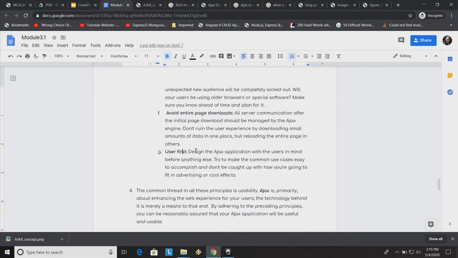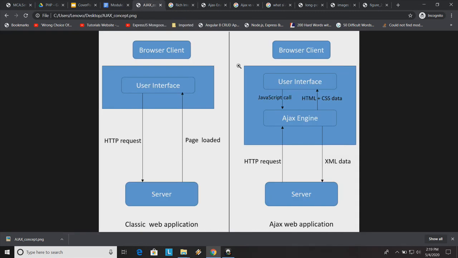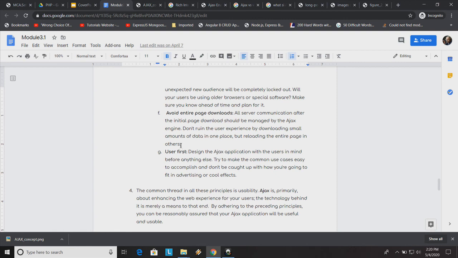User first, in the sense it doesn't make the user wait for whatever requests he throws at the database, however big the data might be, whatever the complex operations are, it sends the response back to the user without much delay in time. So these were the